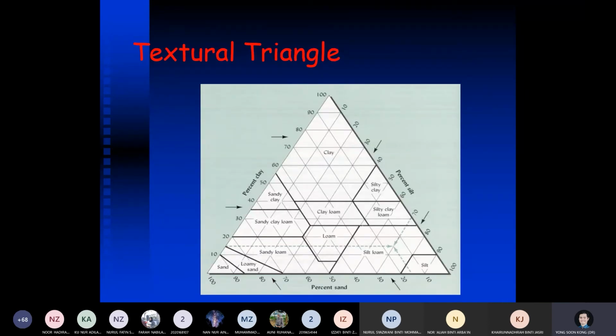So this is what I meant, the soil triangle, the soil texture triangle. If you look carefully at the tip, nearer to the tip of one end, it means they have a higher percentage of one component. For example, on top of this tip, you can see it is nearer to clay percentage. So if you're at the tip, that is 100% clay. So clay, of course you call it clay. But if you have more silt, you can see right here, percentage of silt. So this is where you can guess the range of percentage of these three components, sand, silt,